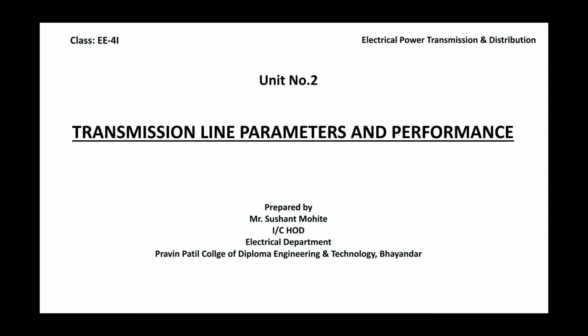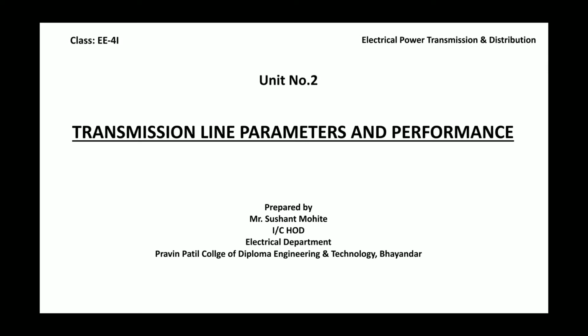The transmission line made of copper, aluminium, ACSR transmits the power over long distances. It is carried by 3 conductors or 6 conductors which are supported, and these are spaced at certain distances from each other. A transmission line is DC or AC. When we consider an AC line, it carries alternating current and alternating flux is produced around the conductors throughout the line. Therefore, we have to consider 3 parameters: resistor, inductor and capacitor.